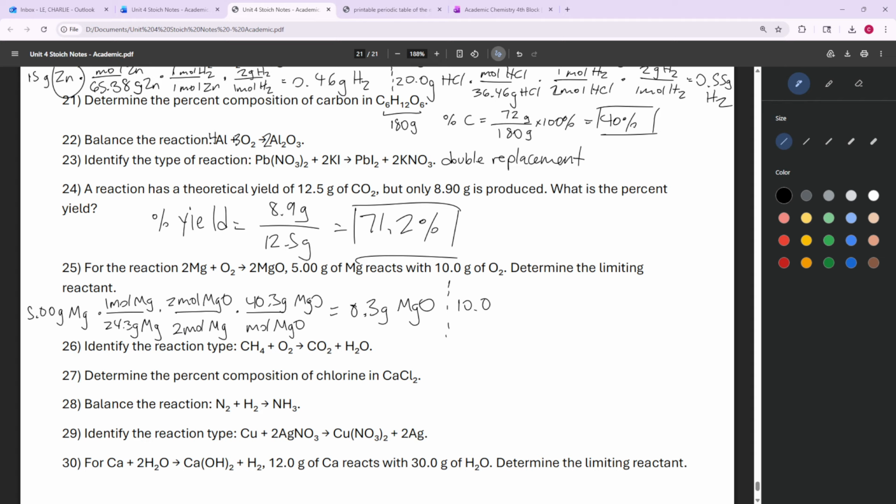And if we compare that to the 10 grams of oxygen that we have, 1 mole of oxygen is 32 grams of oxygen, then it's a 1 to 2 ratio. So 1 mole of oxygen gets us 2 moles of magnesium oxide. And finally, for every mole of magnesium oxide, we get 40.3 grams of magnesium oxide. That'll be equal to, if we do our calculations, 10 divided by 32 times 2 times 40.3, 2 grams of magnesium. So the limiting reactant is